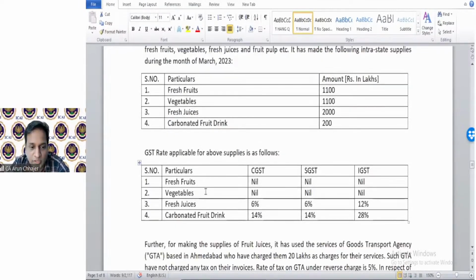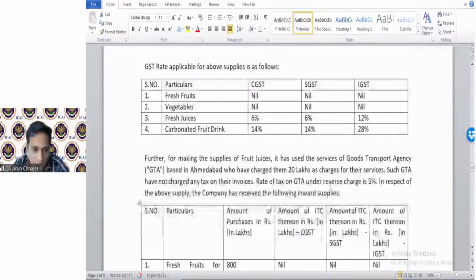The rate: fruits and vegetables are exempted, juices and carbonated drinks are taxable. The rate has also been given. And we also know Rule 42, Rule 43, Section 17 Subsection 2, etc. Everything we know. Further, for making the supplies of fruit juices, the company has used the service of the GTA